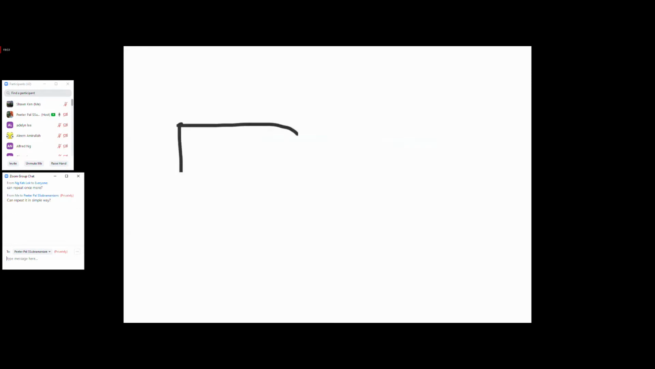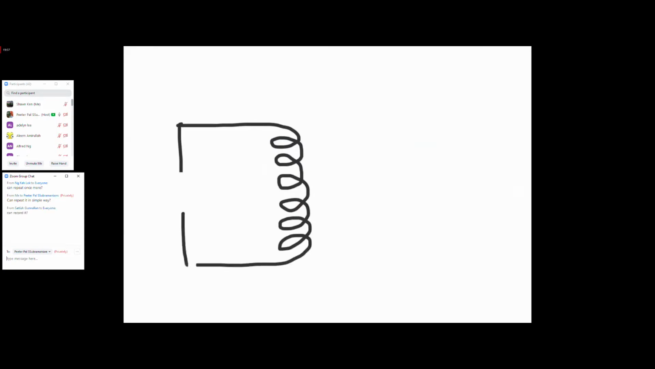There will be a primary coil, and there will be